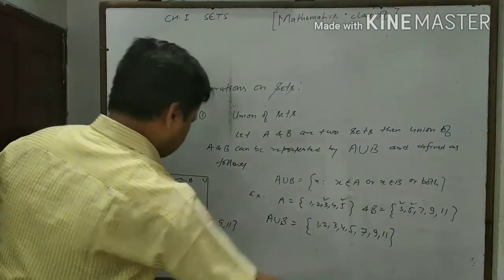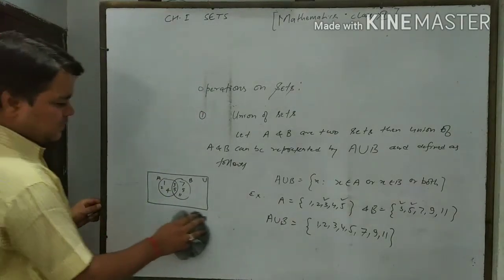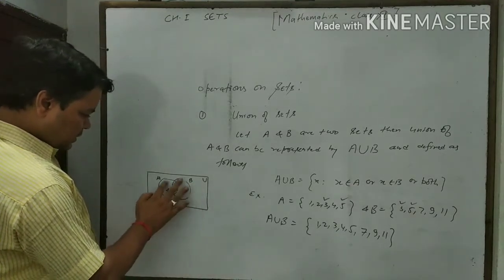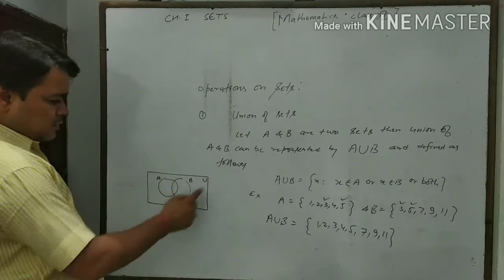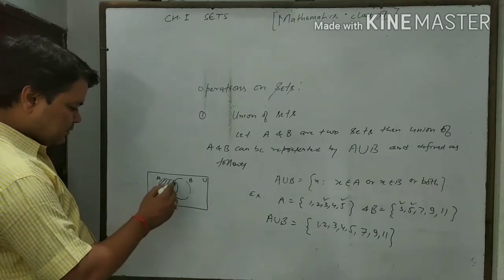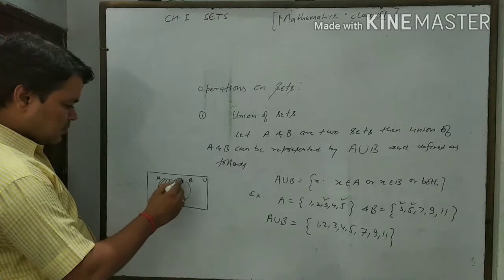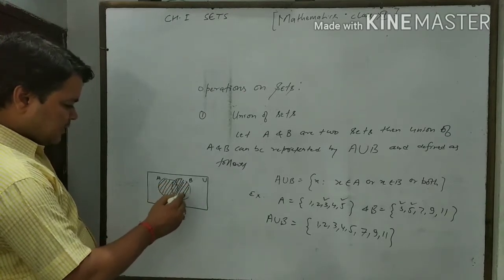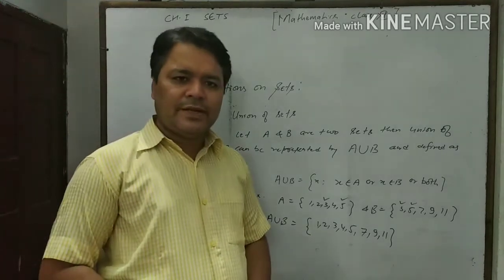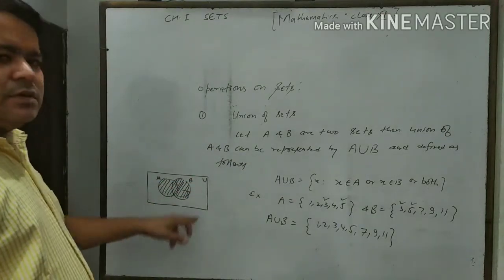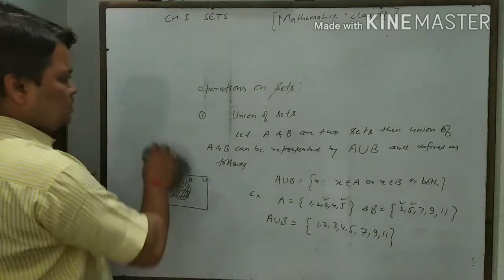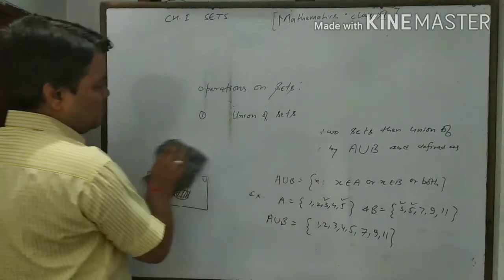Symbolically, if you want to represent A union B, how do we represent it? We just erase this, the union set, set A and set B, then all the elements of set A plus all the elements of set B represent A union B. Getting it? A union B means this C. Okay. Now we will discuss a second operation of sets, that is